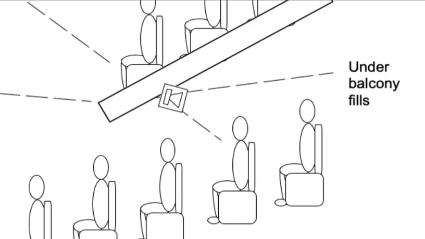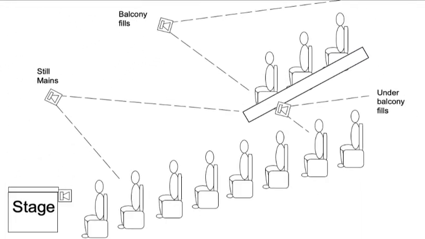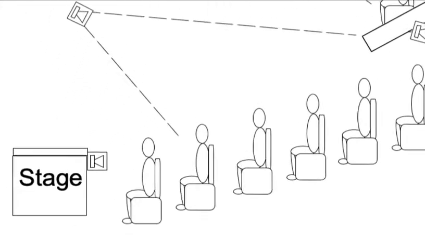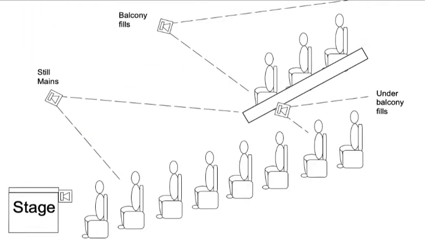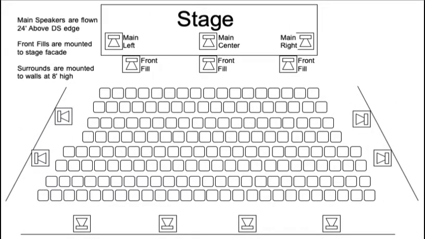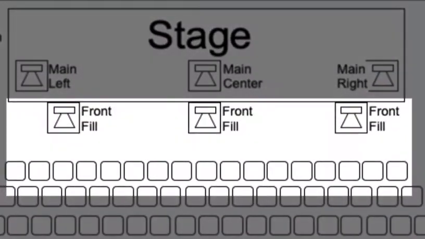Underneath the balcony, above the balcony, and of course, as we've already decided, we're going to use the front fills to just cover the front row. Now, in your venue, it may be different. You may need to cover the second row too. If you start to get into covering the third row with front fills, you may want to rethink your design, because you may be blowing people up in the front row to try to get past them. So let's simplify to just the orchestra section, and zoom in on the front row.